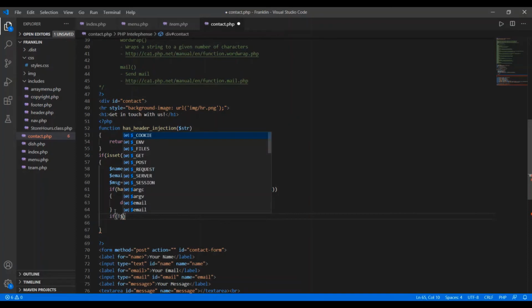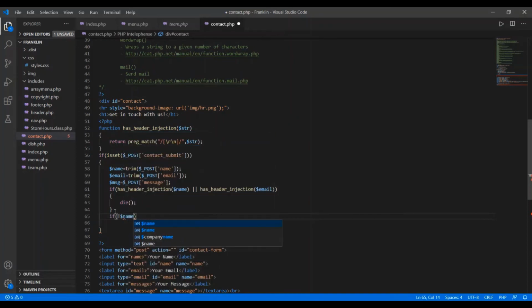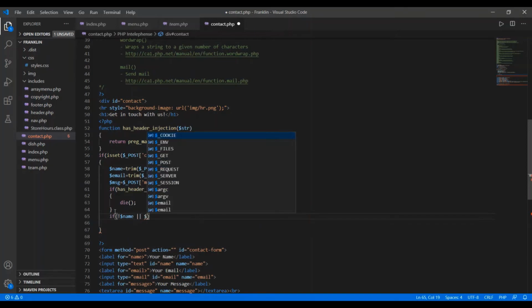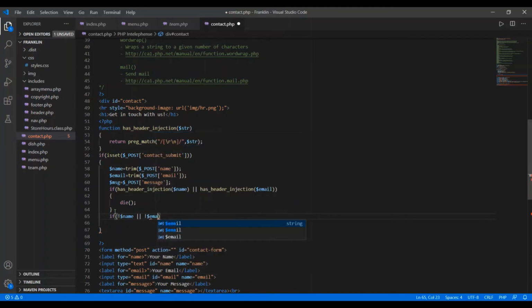In this case I'm using the concept of if not name, not email, or not message.